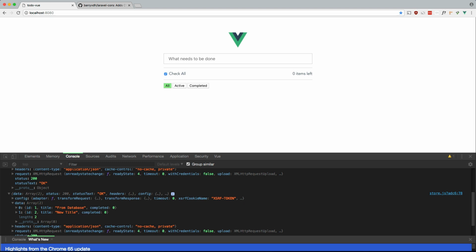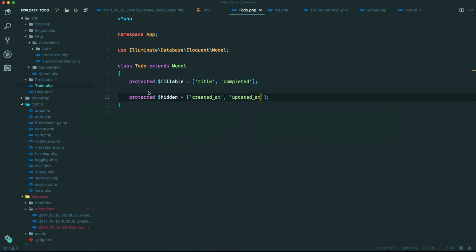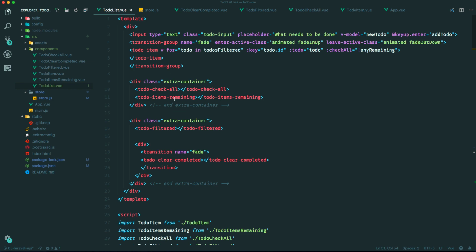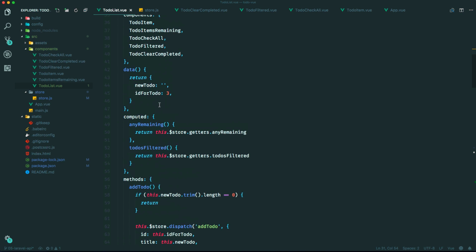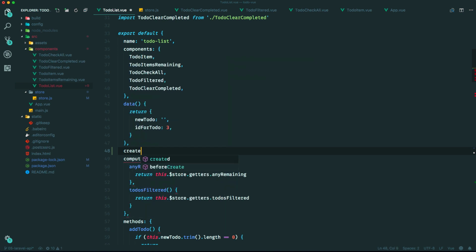Okay, now, so initially, when we load our app, instead of getting it from our local to-dos array, we want to go out and make an API request, grab that info from our database, and then set it to our to-dos array. So let's go ahead and do that. So back to our front-end view, let's go to our main root component, the to-do list, and let's add a new created lifecycle hook here, created,